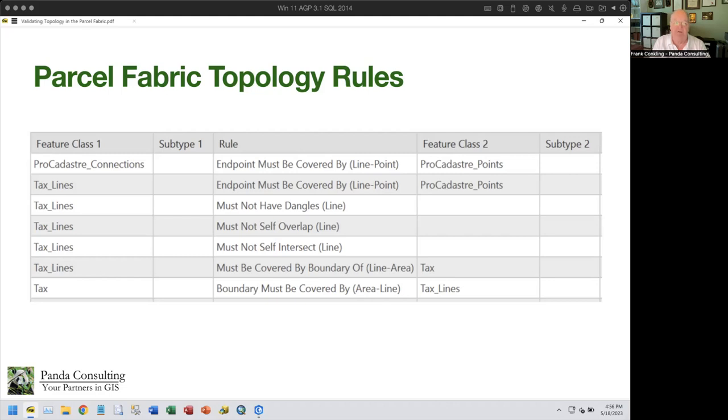For every single parcel type that you have stored inside your parcel fabric, there are actually 6 rules that define how it's going to be working. The first rule is that the lines associated with your tax lines, in this case, because we're looking at tax parcel types, have to have points on the ends of them. And if they don't have them, the parcel fabric, when you do a build, will automatically add those. The next rule, and again, these are line rules,